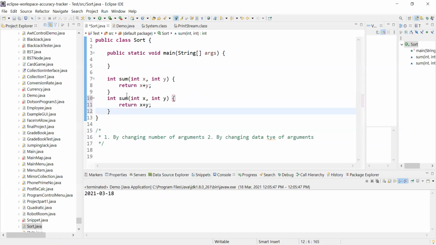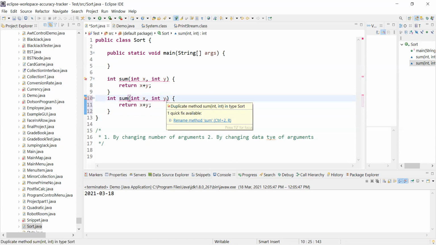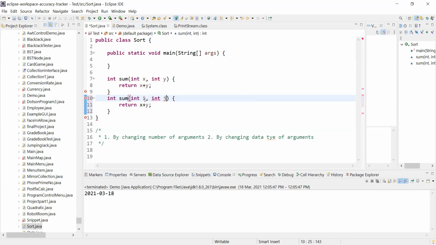Now I'm going to define a second method. Let me take three parameters in this case. It doesn't really matter what name I am using. Let's say I, J, right? And here also I'm saying I and J, but you can see we are getting an error. What is that error? Try to read it.